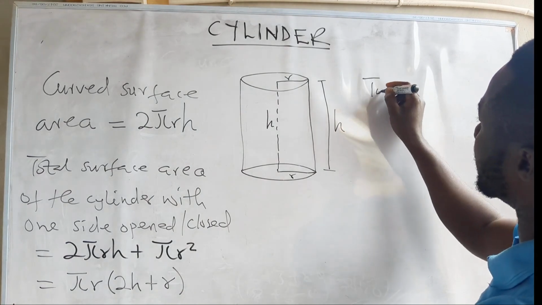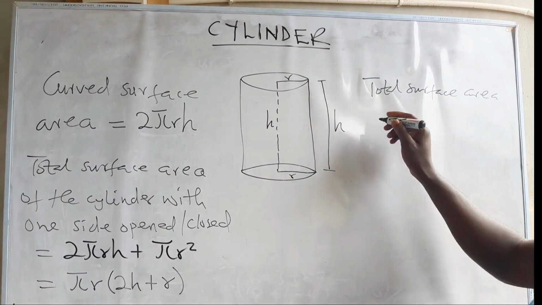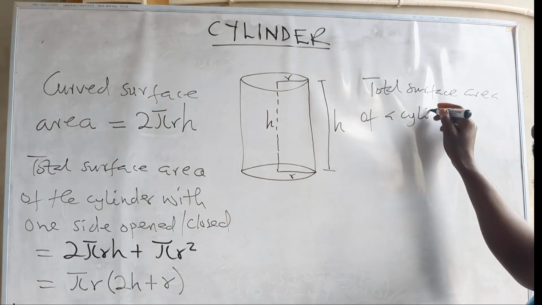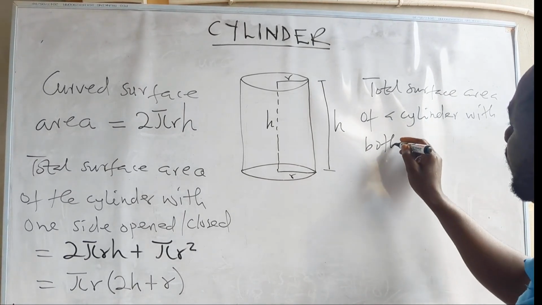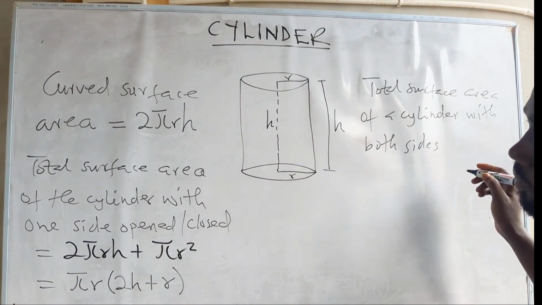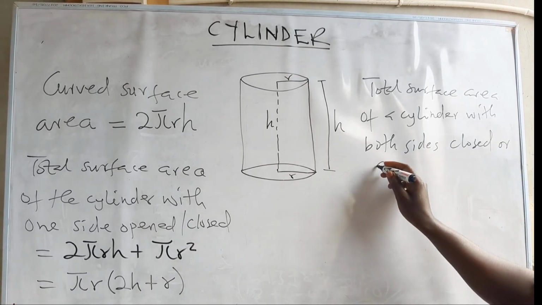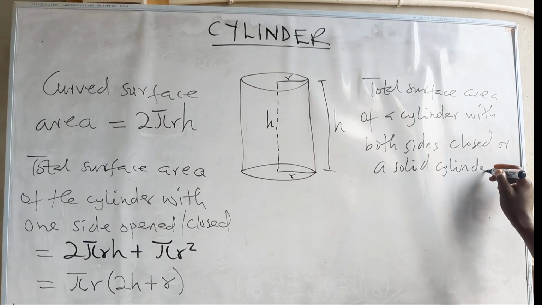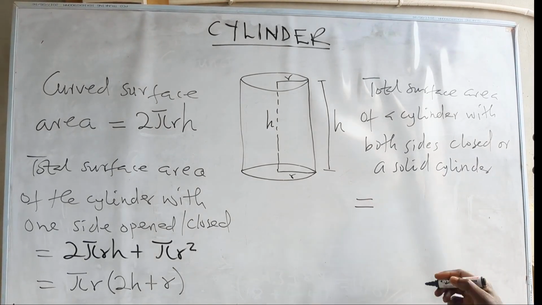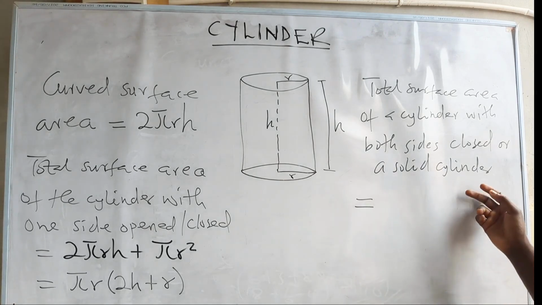So we are going to look at the total surface area of a cylinder with both sides closed, or we can say a solid cylinder. So if it's a solid cylinder, then it means that both sides are closed. All right. So the total surface area of a cylinder with both sides closed, or the total surface area of